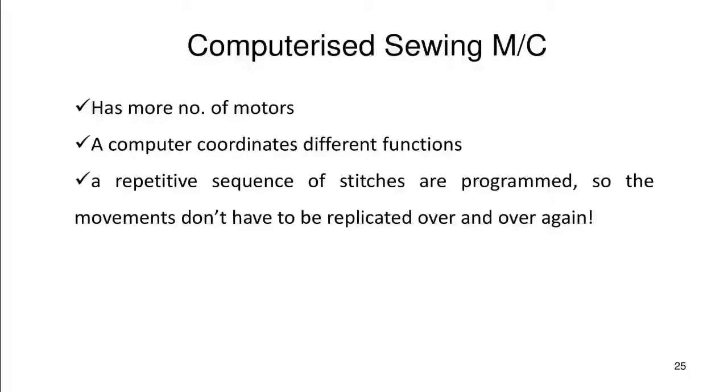I'll just give you one small example. Let's say a pocket in a men's shirt, patch pocket. The dimension of the pocket is such that you know that you need 30 stitches on the vertical edges of the pocket, and the horizontal edge has, let's say, 20 stitches. So in this computerized sewing machine, you can simply program a set of operations. Operation 1 is vertical, operation 2 is horizontal, operation 3 is vertical again. And your pocket has been patched to the shirt. So 1, 2, 3. 3 operations, 2 vertical and 1 horizontal.